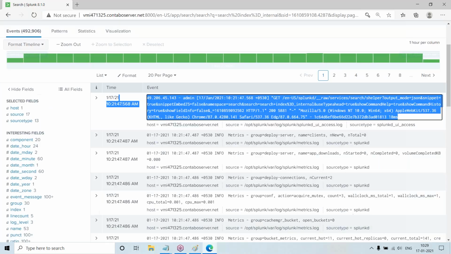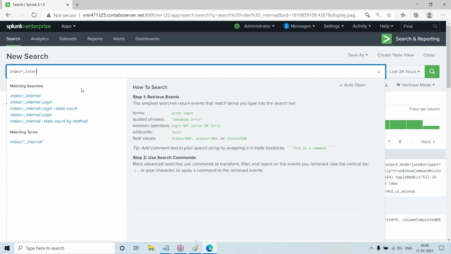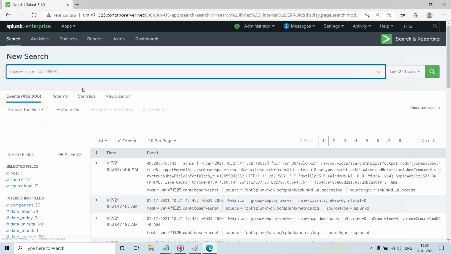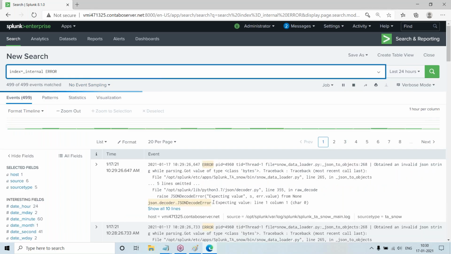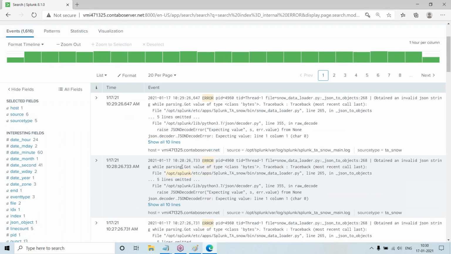So if I give something like error, I will get the error messages, and I will know the host name.